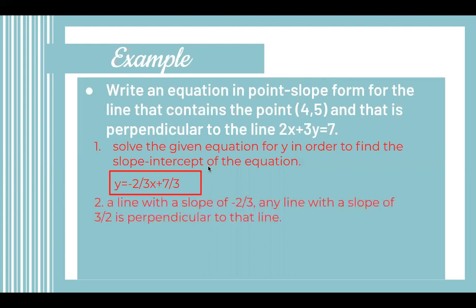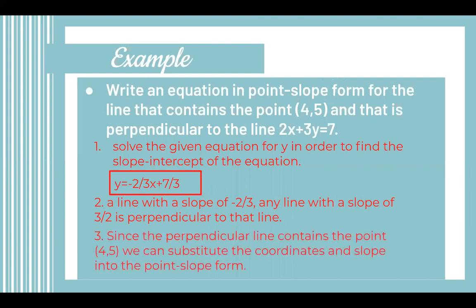Next step, a line with a slope of negative 2/3. Any line with a slope of 3/2 is perpendicular to that line because it's the negative reciprocal. Step 3. Since the perpendicular line contains the point (4, 5), we can substitute the coordinates and slope into the point-slope form. And point-slope form, remember, is